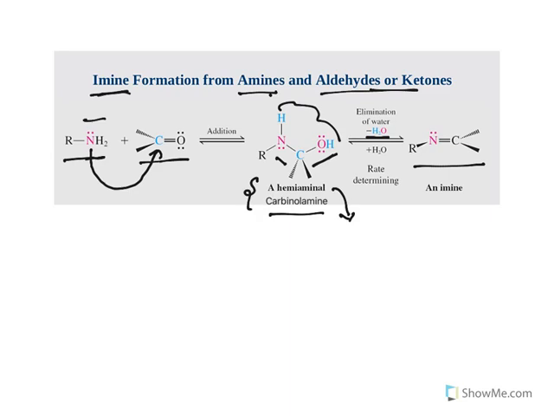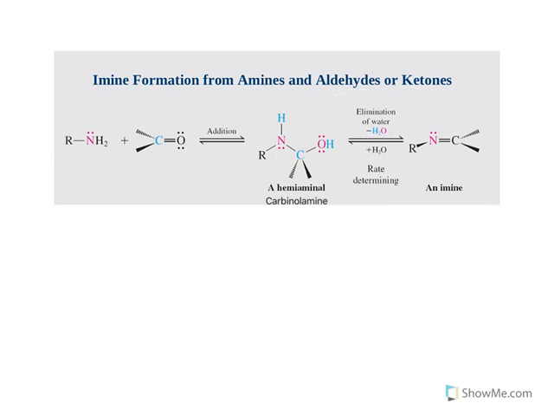Now certain important things. This happens in presence of a trace acid. The reason why trace acid is required is to enhance the rate of the second step. Now this step is known as the rate determining step. Let us understand what that means. Let's say you have reactants which are getting converted to products. Let us take a simple example.